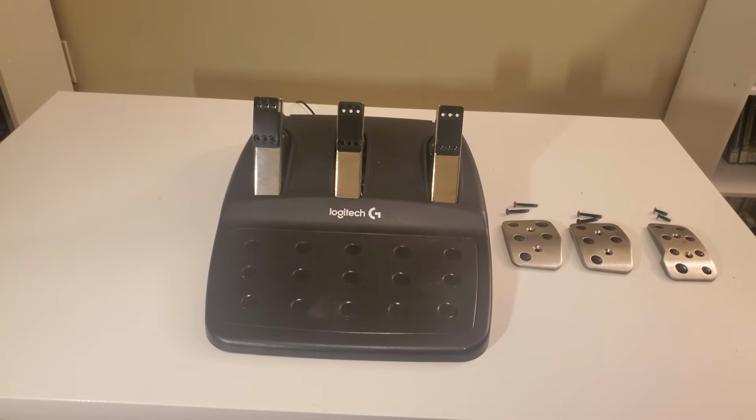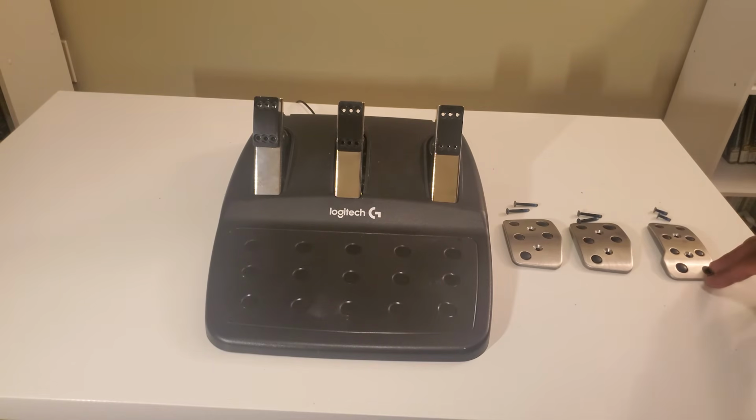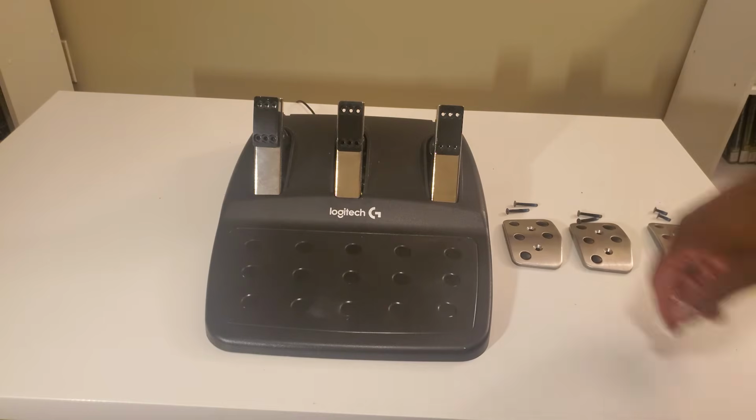All right, then the last and easiest thing to do is to reinstall our brake pedal faces here. And like I said before, it's very easy, just the 2 screws. And luckily,